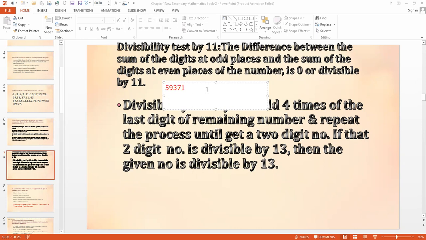You have to multiply this unit digit by 4. Then you have to combine it with the remaining number. The remaining number is 5937. When I multiply the digit at the unit place by 4, I will get 4. So I have to subtract this from 5937, 5937 minus 4, I will get